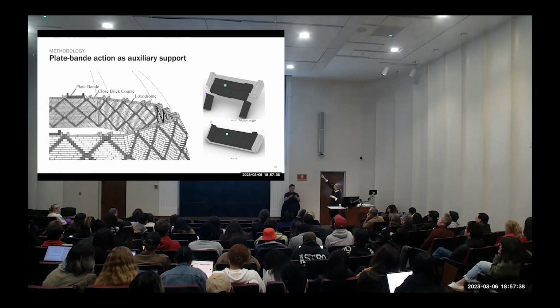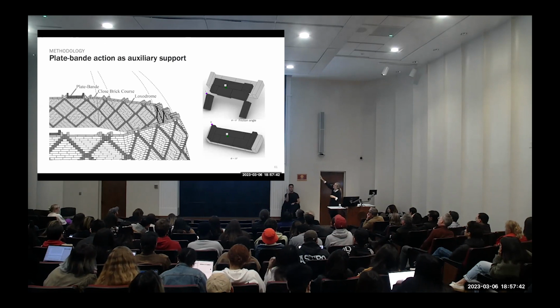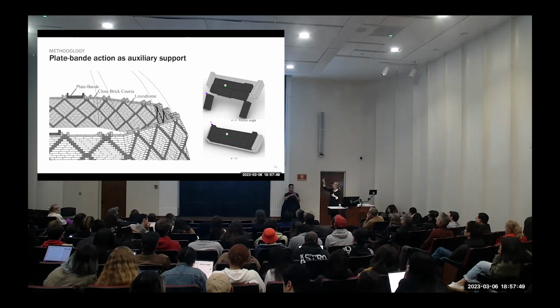What you see there on the right-hand side, on the top, is what happens if you assume that there is no friction in this system. Basically, if all your bricks were Teflon coated, then these bricks would start sliding inwards. But from the moment that you have some friction, and some friction means 10%, but in reality, if you have bricks in water, it's more like 20 to 30%.